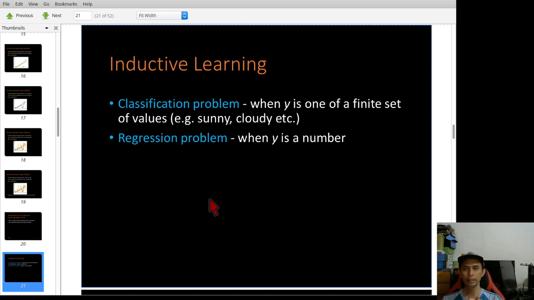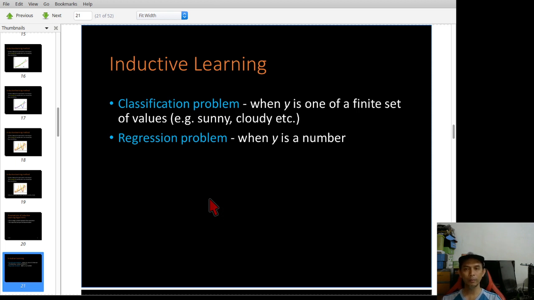It normally comes with discrete and finite values. Maybe you only have 5 classes or 10 classes. That means you have a finite set.